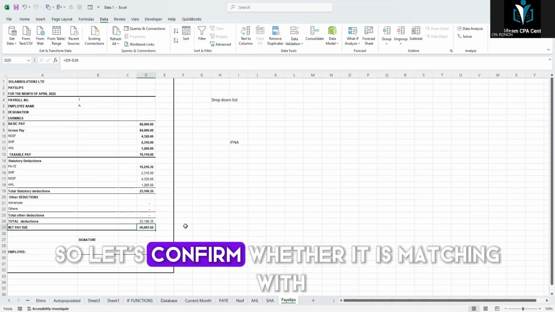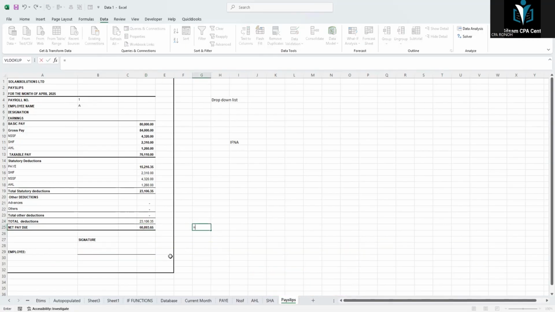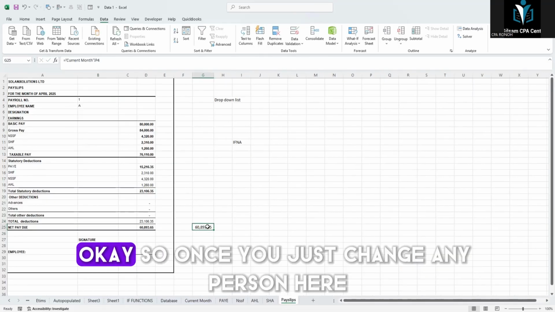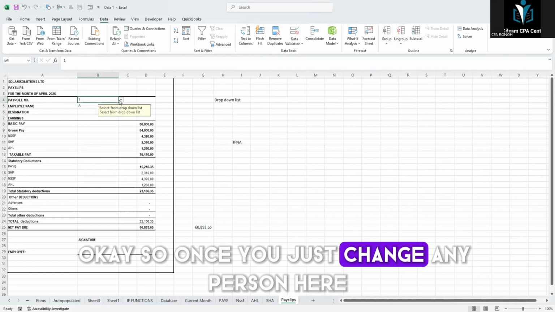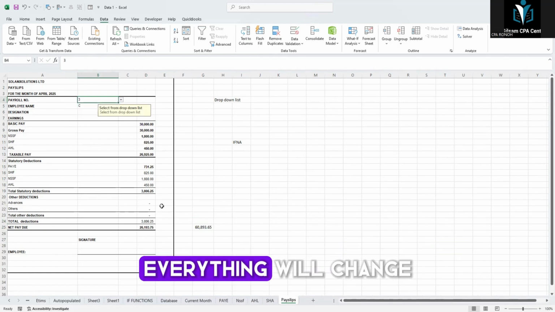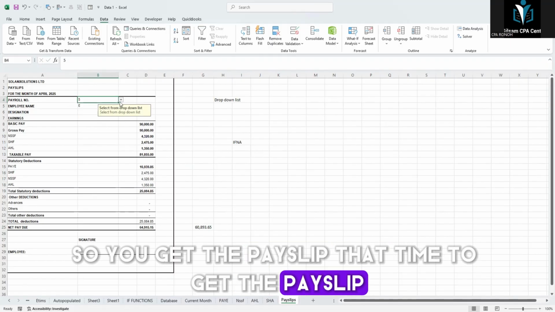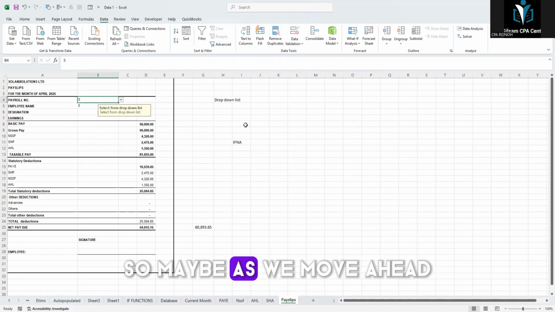Let's confirm whether it is matching with the payroll number here. It is okay. Once you change any person here, everything will change, so you get the pay slip. Maybe as we move ahead,